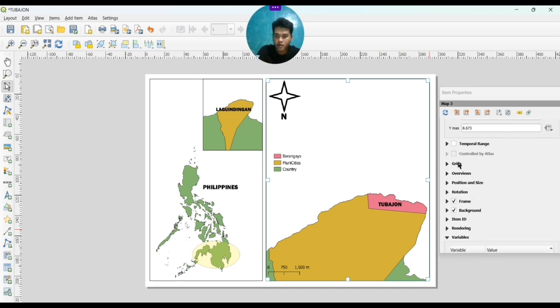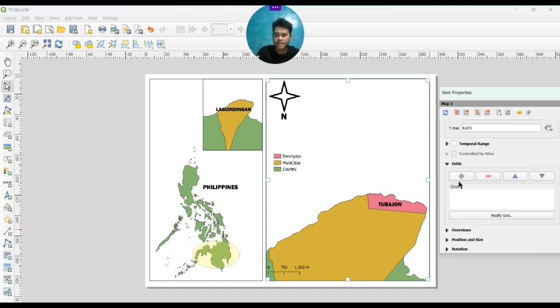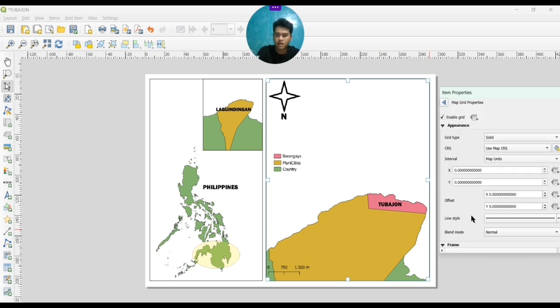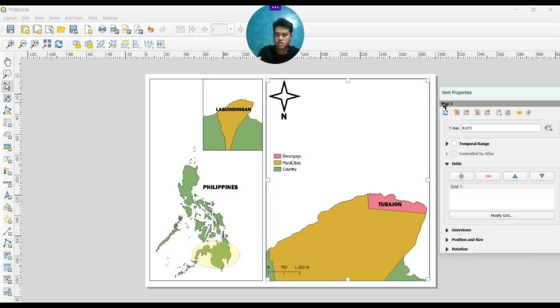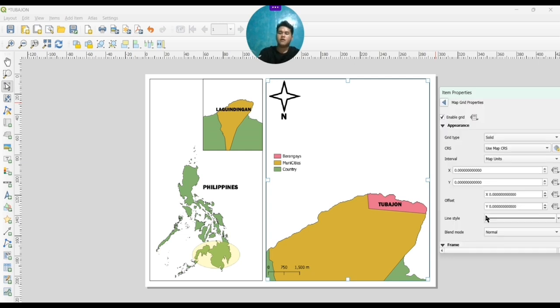Then you will be going for the properties and look for the grids. So click for grids and add. Then click the grid one. I just want to click it again because I think that makes it faster. So add this and modify grids.